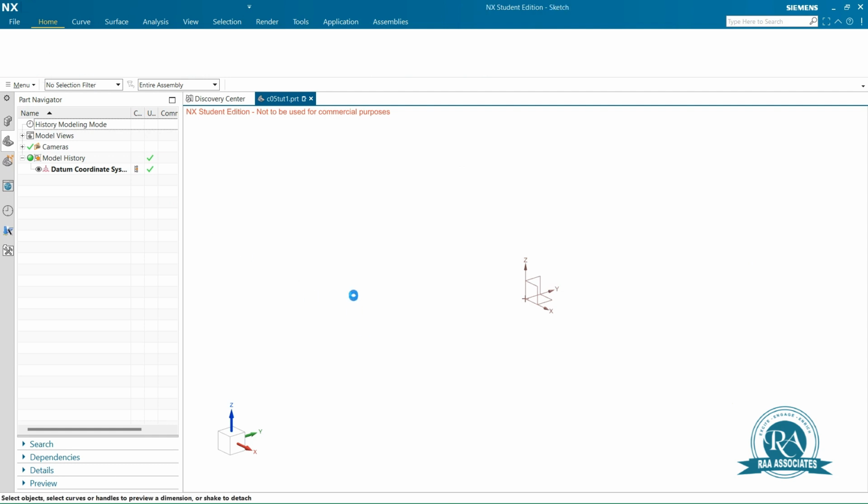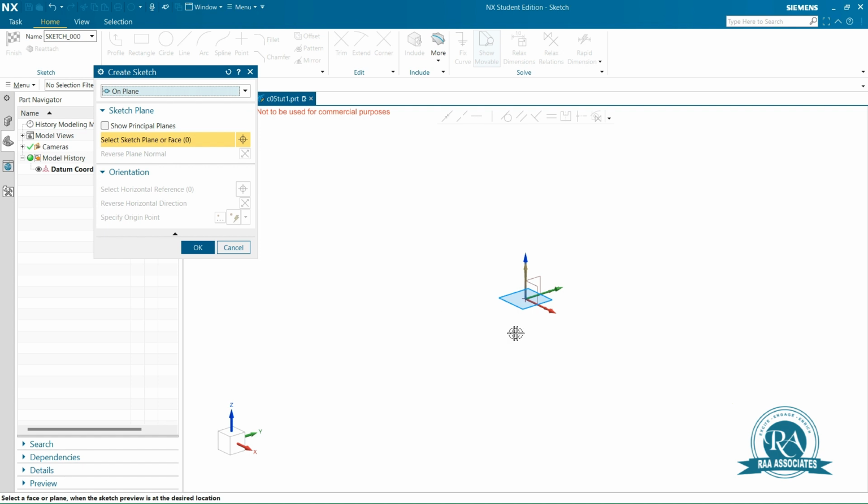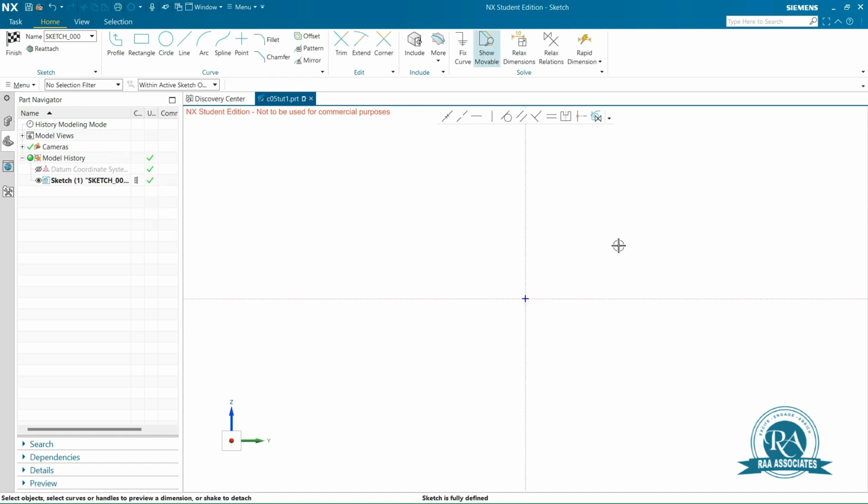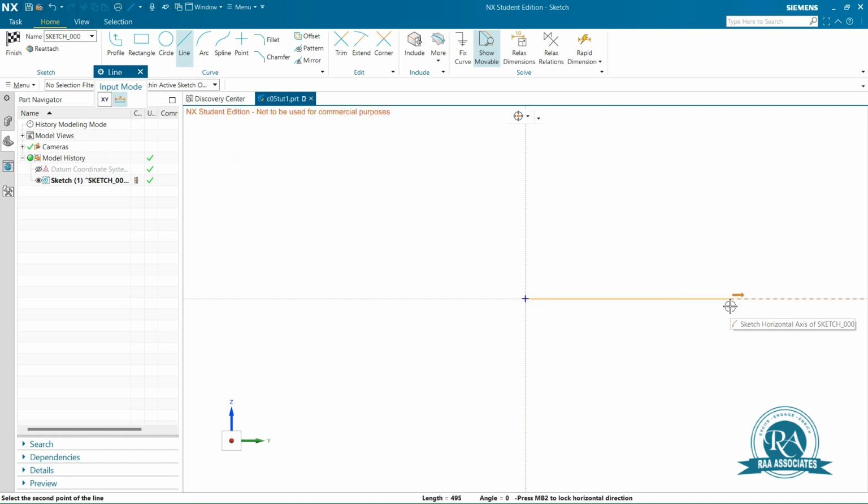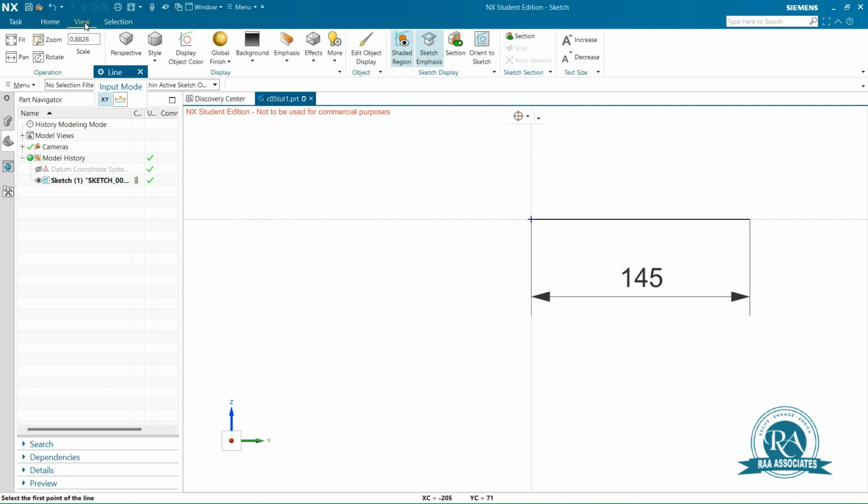Select the Create a Sketch tool. Select YZ plane. We are going to create the first sketch. Select the line tool, horizontal length 145, angle 0, reduce the dimension size,